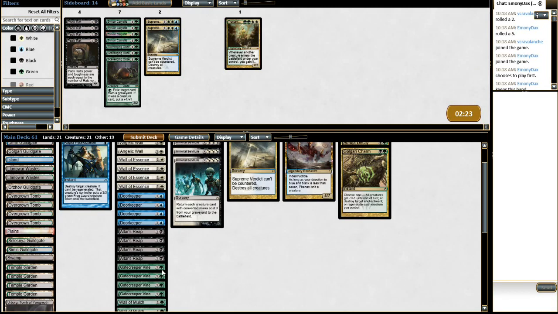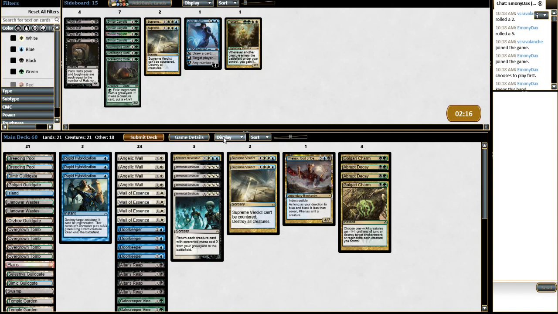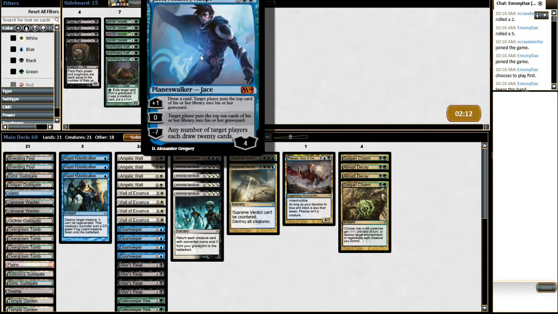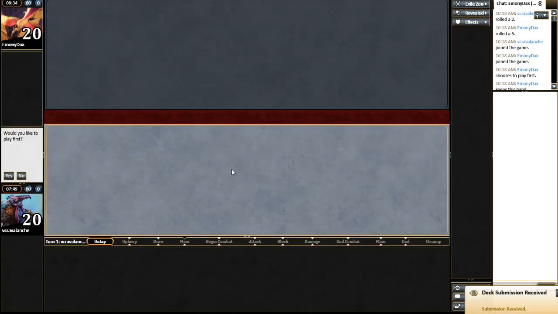So, Altar's Reap just seems so good in this. So does the Phonox. Jace, is Jace really going to do much? I'm going to take Jace out. Even though Jace seems good, I don't know if it's the right way to go, especially cutting the Caryatids. We'll submit this. And...